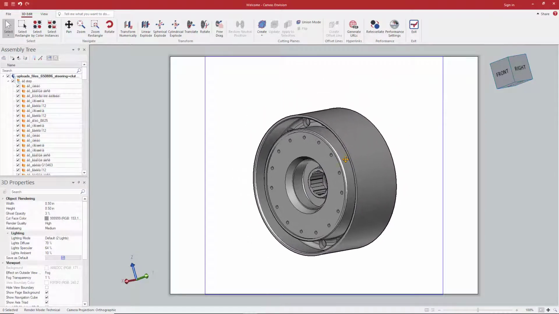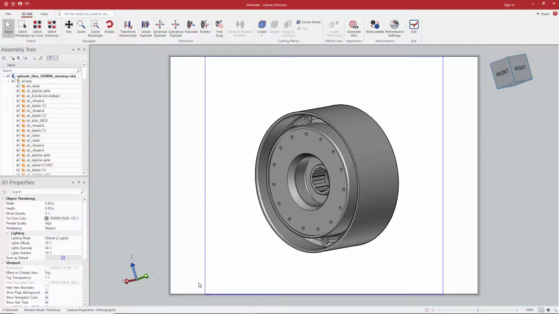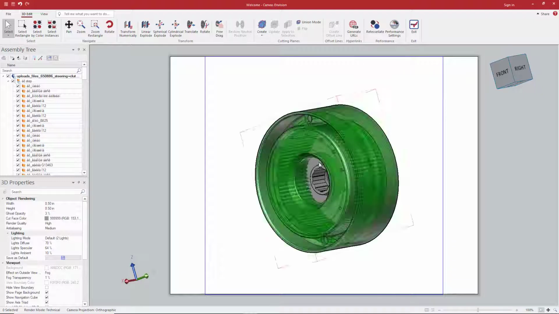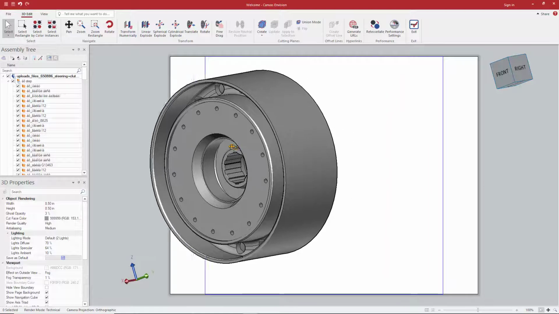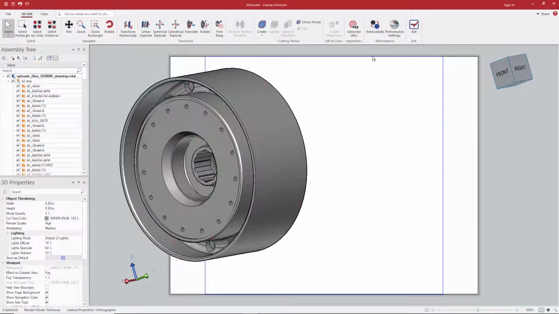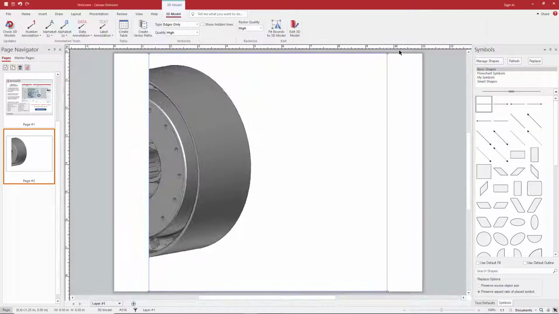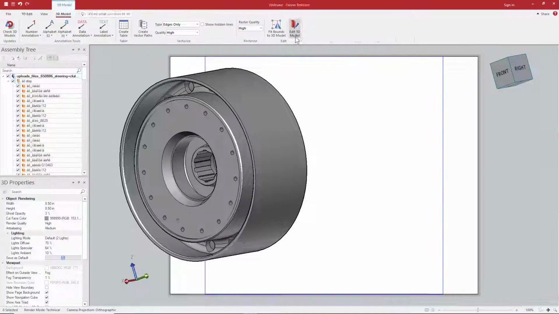A few things that you need to keep in mind while moving your model around is this blue boundary around your model. This is the area being rendered when we exit 3D Edit mode. So if I were to put the model outside these bounds like so, then exit 3D Edit mode up here, I will only see the part of the model inside the rendering bounds, which is not what I want. So I'll go back to 3D Edit mode and let me show you what you can do.